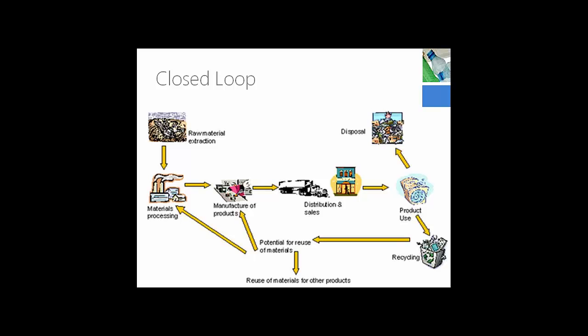So you can see on the top you have the raw material extraction, you have materials going into processing, they're becoming products, they're being distributed. Ultimately we're using them and throwing them away, but there's another way we can recycle them, send them back through the system. Some of these materials can be reused, and ultimately these materials can go back into the manufacturing of products, and we want to create that system where it's a circular system versus a linear system.